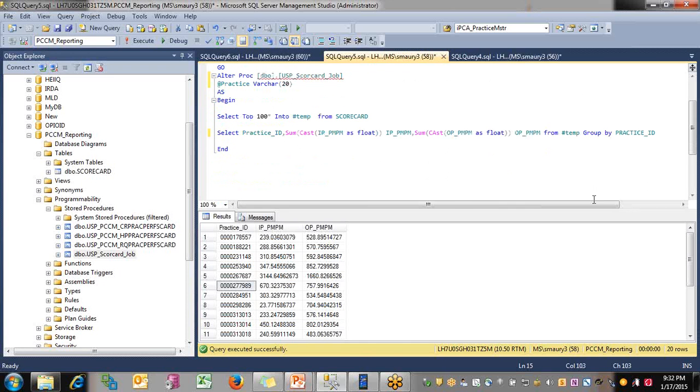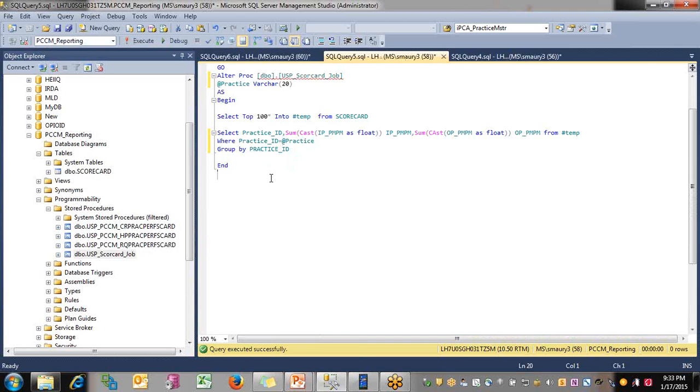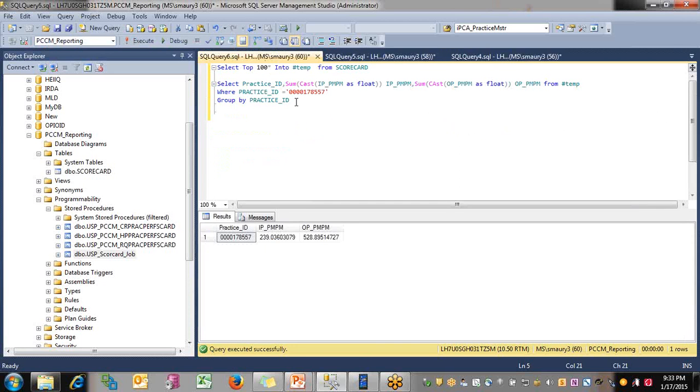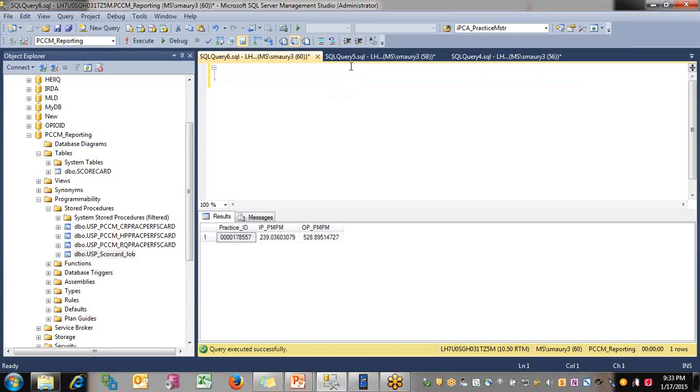And in here at this place, I will have to specify my condition: where my practice ID equal to this variable. So whatever value I'll be passing into this practice variable or the parameter, I'll be getting the data for that particular practice. Okay. Let me just run this first, and then I'll come back to this. Right now, what I have done, I have just run that,